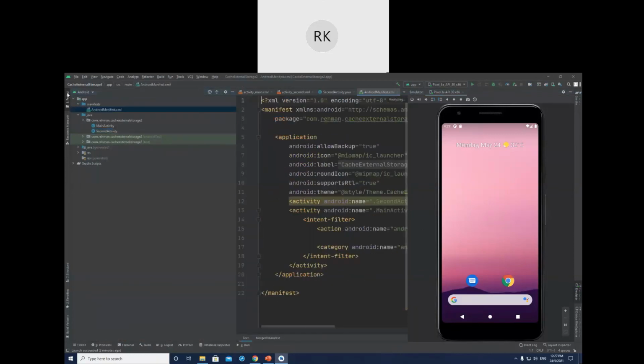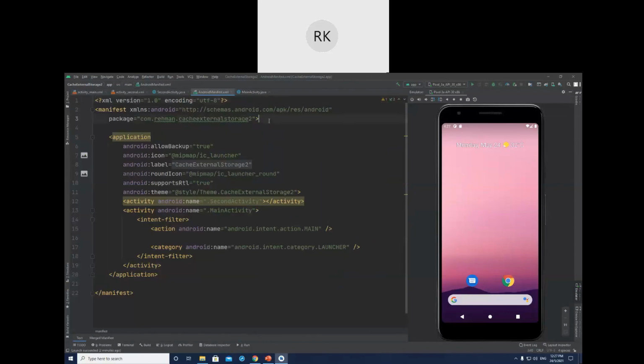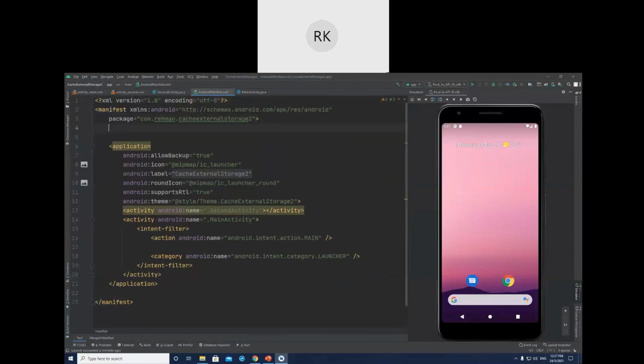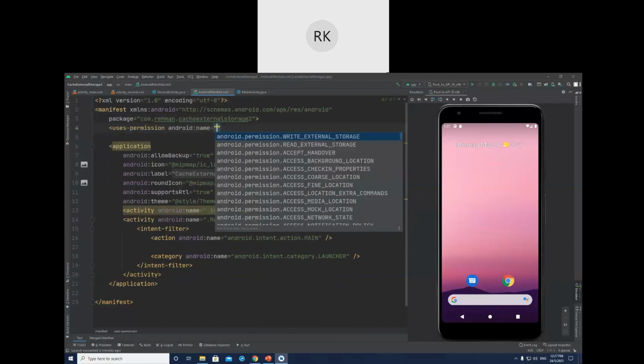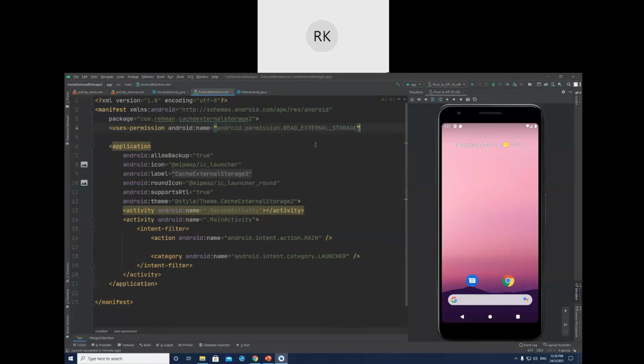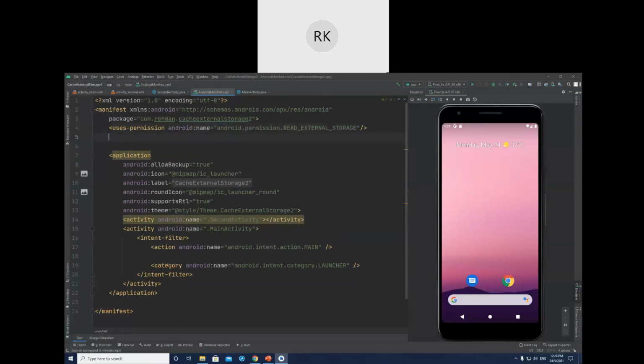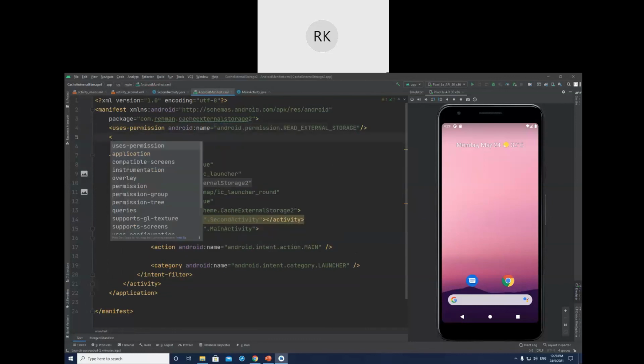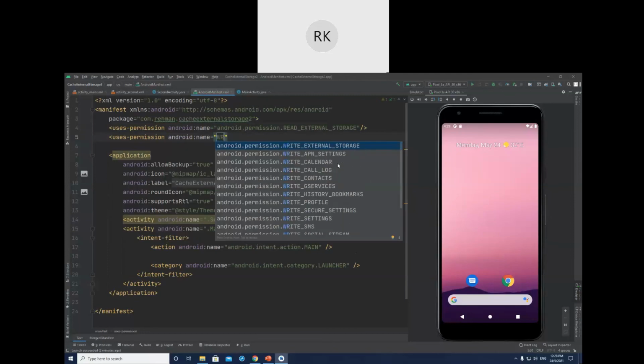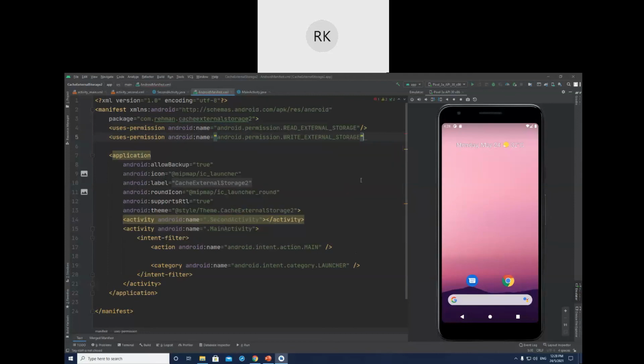Open the manifest file, and inside it we need to add read and write permissions. So for user permissions, you just type read external storage. Close this, and again user permission, write external storage.